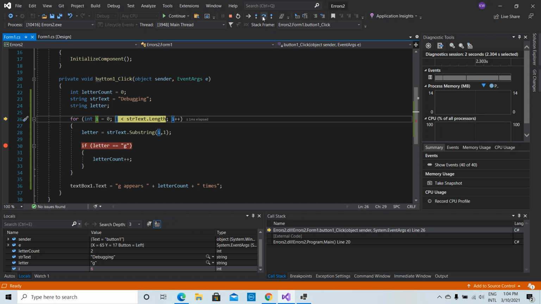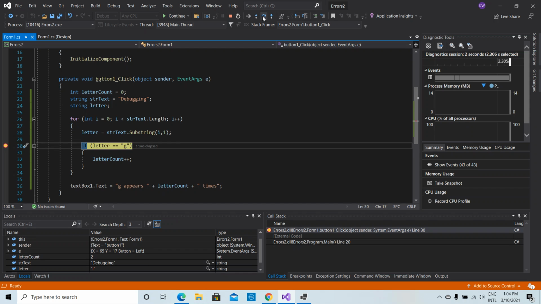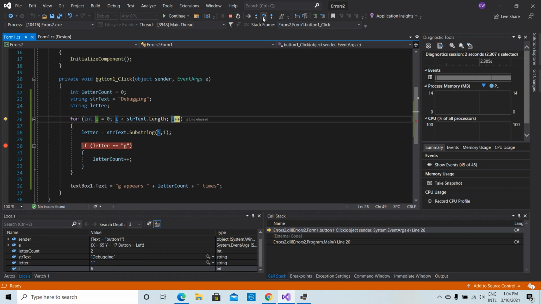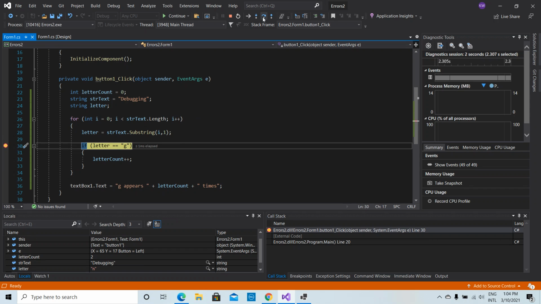Here again i became 6, the condition is true. Then I was taken, this I was taken, the condition is false. Again i became 7, the condition is true. Now here N was taken,